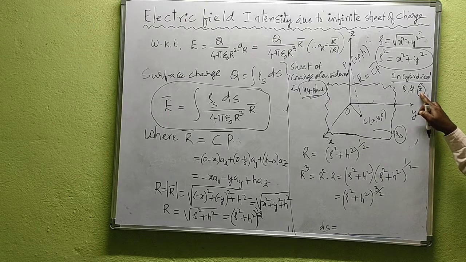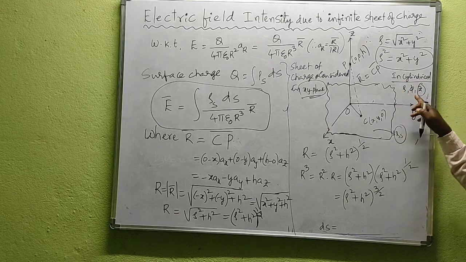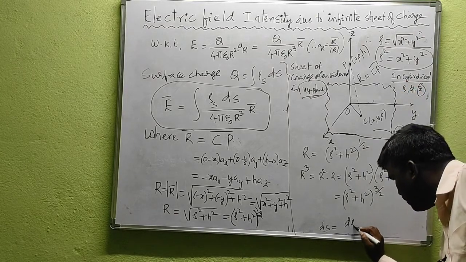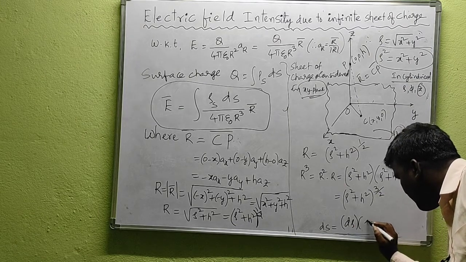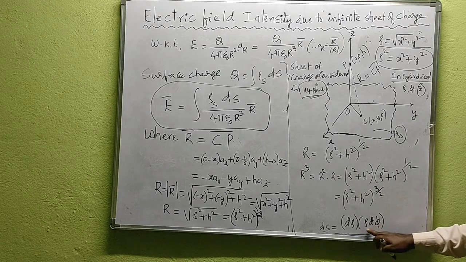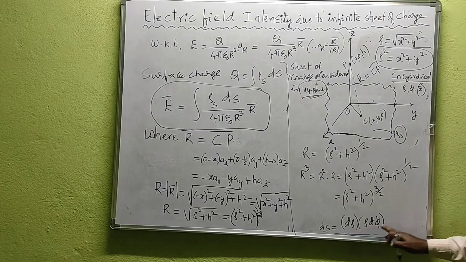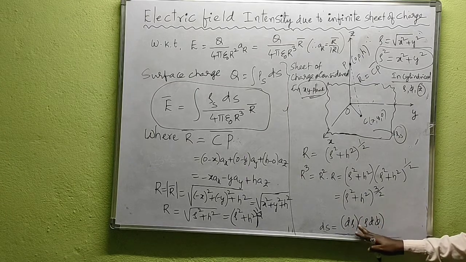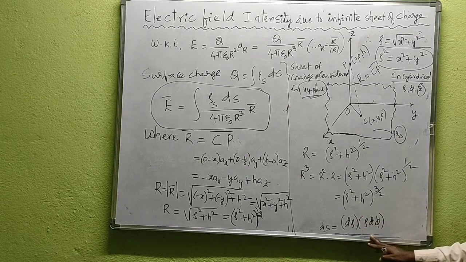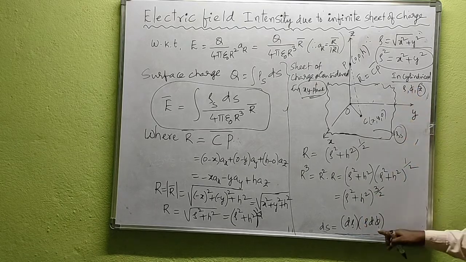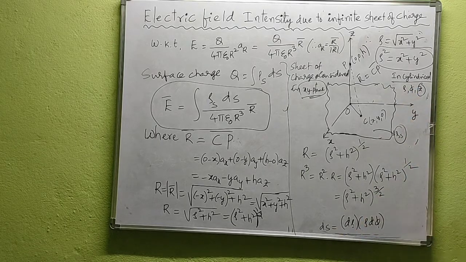Differential surface area normal to z means what? Except z, we need to multiply the differential elements along rho and phi. The differential element along rho is d rho. The differential element along phi is rho d phi. Why rho d phi? Phi is the angle made by this rho. Please refer to the concept of differential elements along unit vectors: along rho, d rho; along phi, rho d phi. This is about the differential surface area.